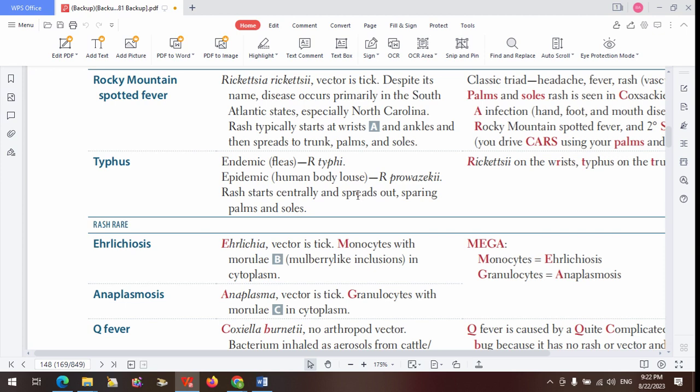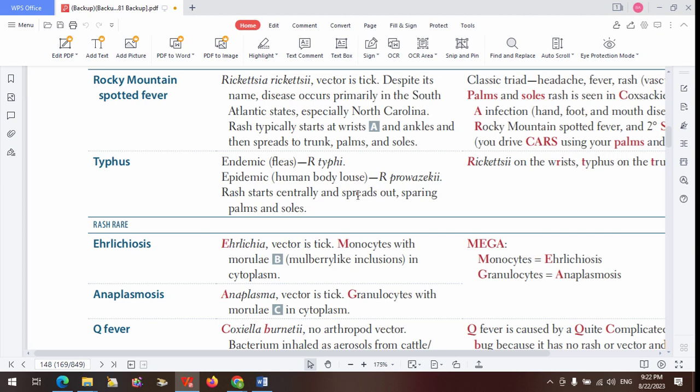So louse is for prowazekii. The fleas is for the typhi. So we have exhausted them. So the tick is for the Rickettsia rickettsii, the louse is for prowazekii, and the flea is for the Rickettsia typhi. So Rickettsia prowazekii, Rickettsia typhi, both of them cause the typhus. Rickettsia rickettsii cause the Rocky Mountain